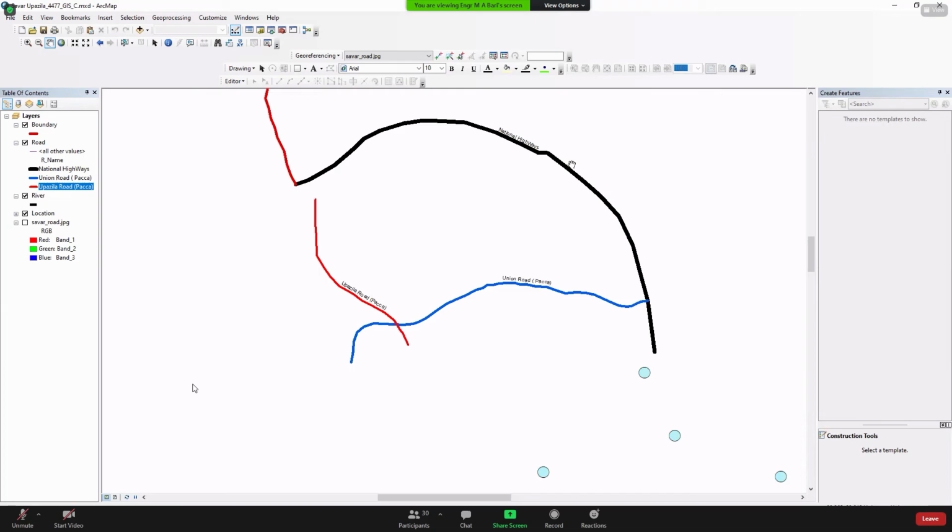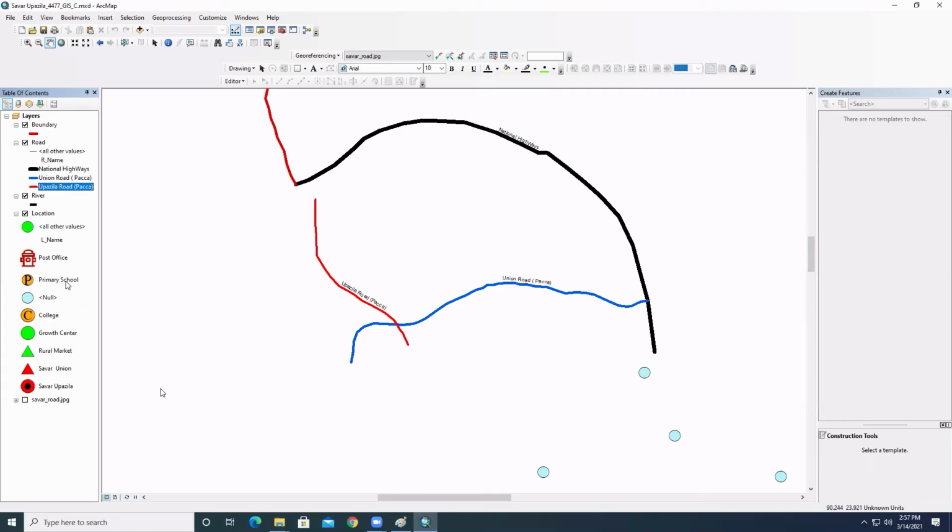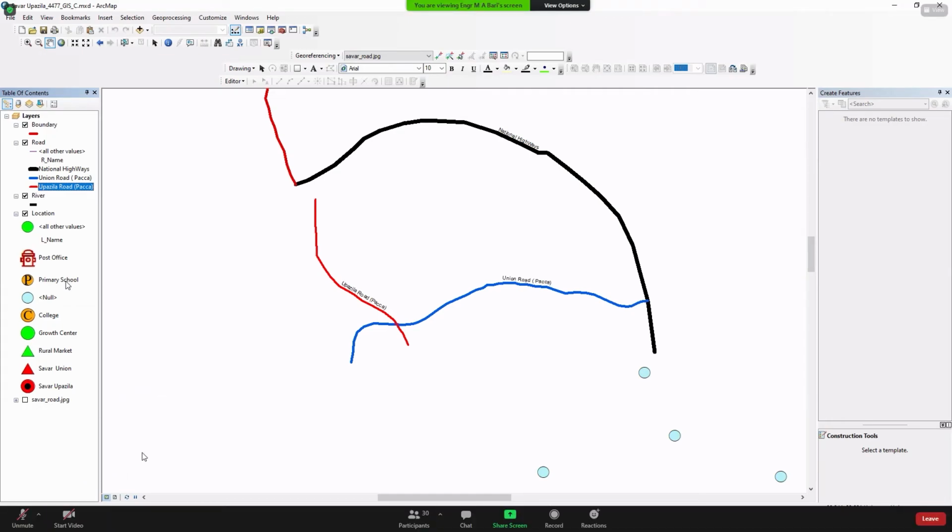So you need to change it and send it at that time. Is my concept clear? Yes, sir. If I tell you to make it green color, you need to make it green color. Suppose, for example, location, please change the location, primary school, another symbol. Maybe you will change it. And within that time, you need to send it to me so that we can protect the copy.